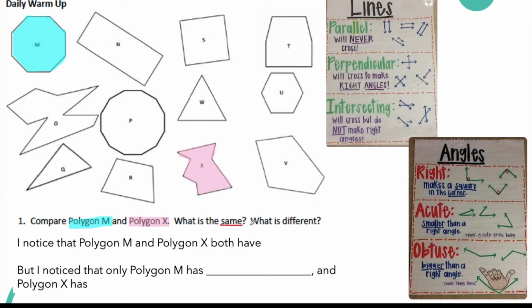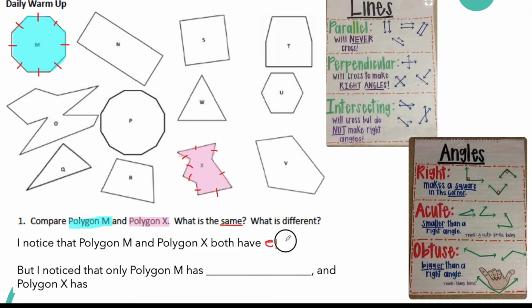One thing I'm going to write down that is the same is they all have straight sides. They have multiple sides. Let's see how many they each have. 1, 2, 3, 4, 5, 6, 7, 8 sides for X. 1, 2, 3, 4, 5, 6, 7, 8 for M. So they both have 8